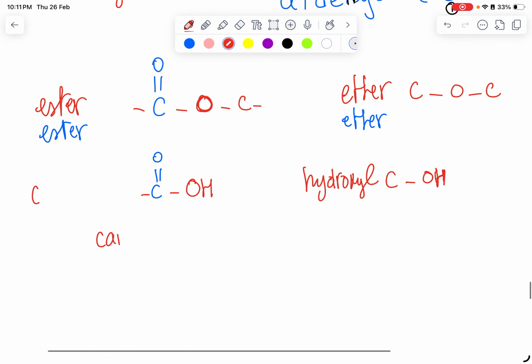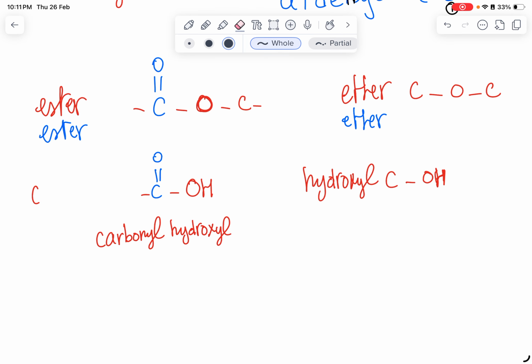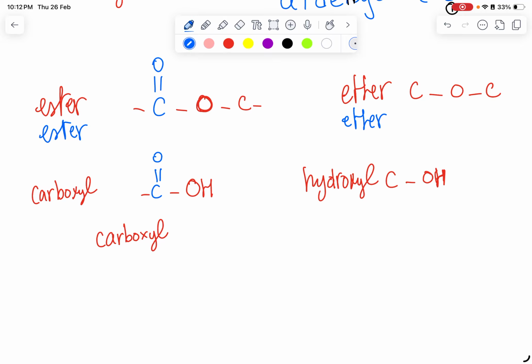I said that C double bond O is carbonyl, and OH is hydroxyl. Since these two are combined together, the name of this functional group is going to be carboxyl. It's the combination of carbonyl and hydroxyl. So that's carboxyl, belonging to the family of